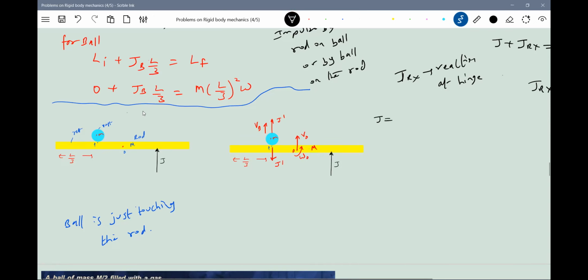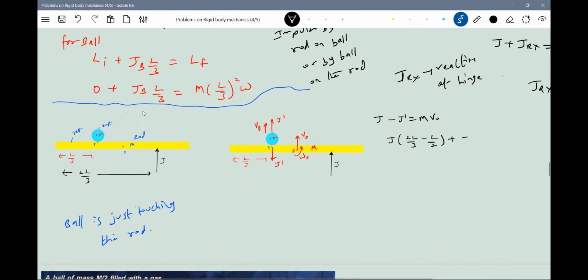What are the equations? So J is equal to M V naught. Oh, sorry, J minus J dash equal to M V naught. Then J into the distance will become how much? This is 2L by 3, no? 2L by 3, L by 2 should be equal to moment of inertia, ml square by 2L into omega naught. Will there be an angular impulse by that? As that also has to be included. Okay, that I have forgotten. I'll include that also.